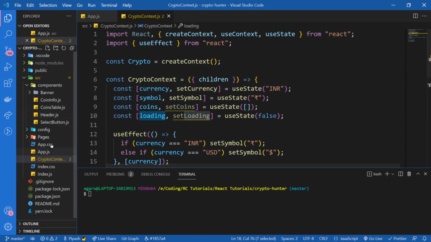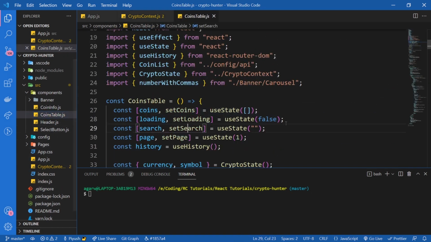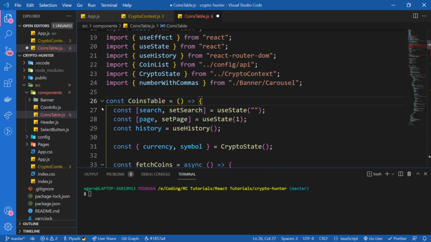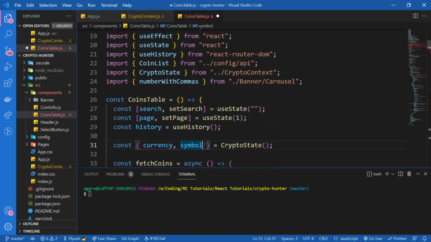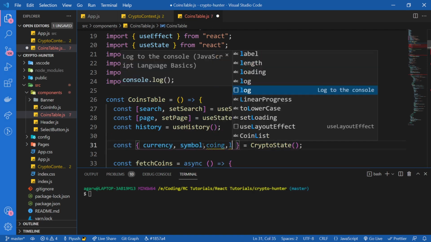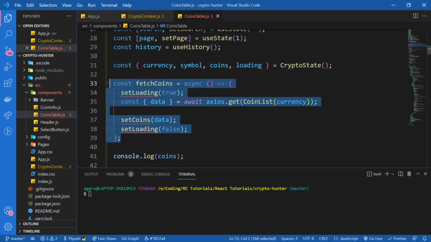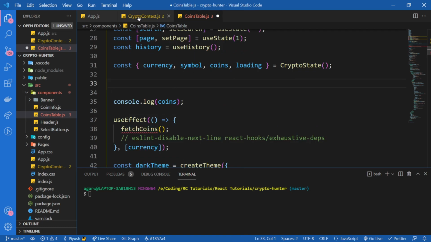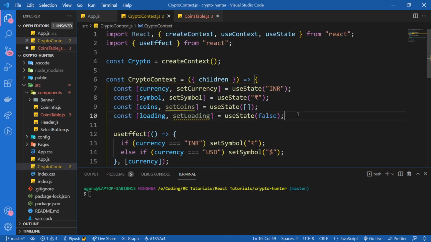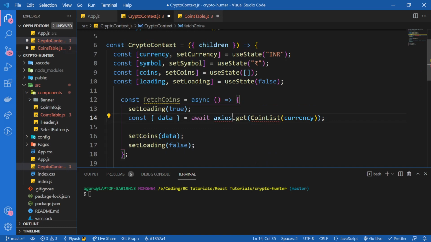Now let me go back to the coins table. So now that these both are removed from over here, let me remove them, and I'm gonna take out both of them from crypto state. So comma coins comma loading. Also, we're gonna take this function, the fetch coins function, take it and add it to our crypto context right over here. Import the Axios